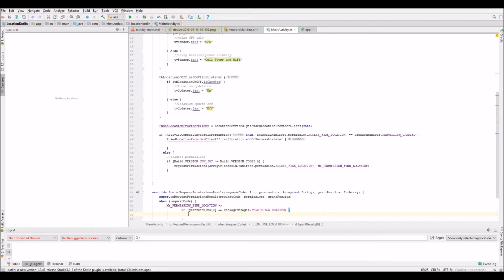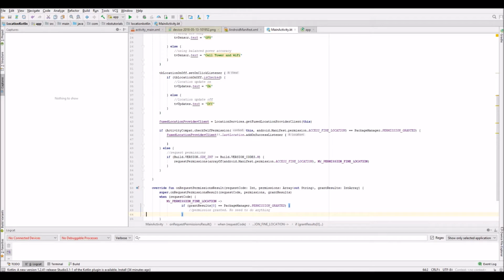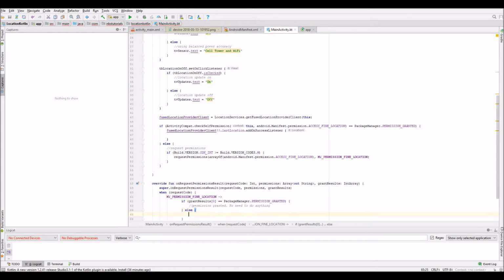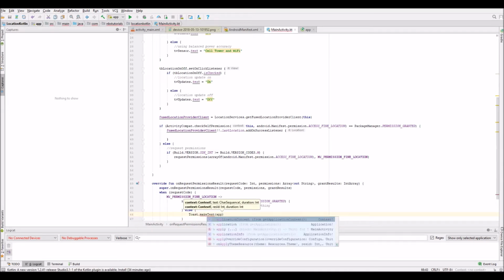Then we'll say just a note here, and we don't need to do anything. Okay, so that makes our life quite easy. However, else, this is where it's been denied. What we'll do, we'll just put a toast message up there, and we'll need to put application context in here,